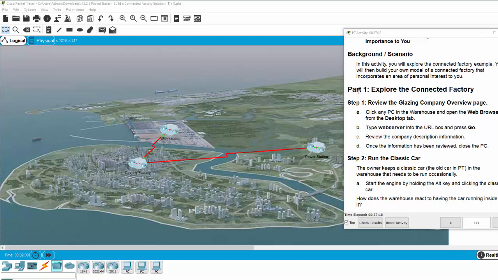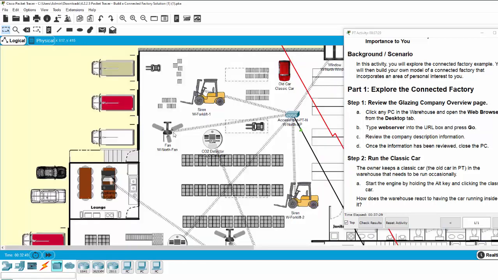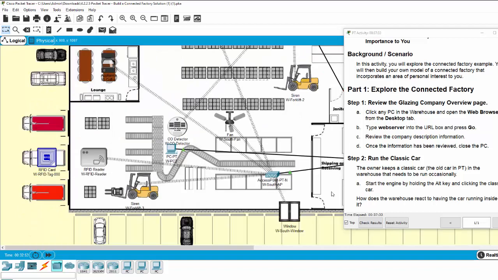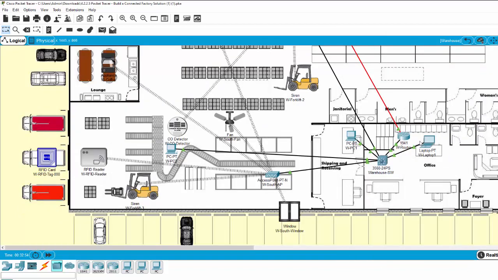Now on part 1, we will explore the connected factory. Step 1. Review the glazing company overview page. So on the warehouse, click on the warehouse, and from any laptop or PC,